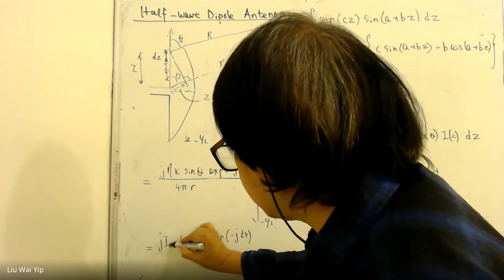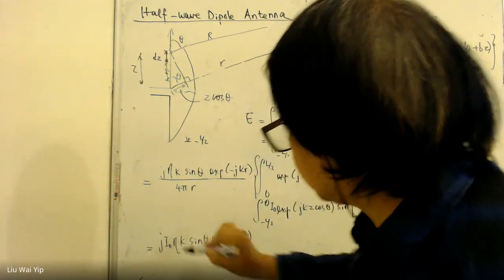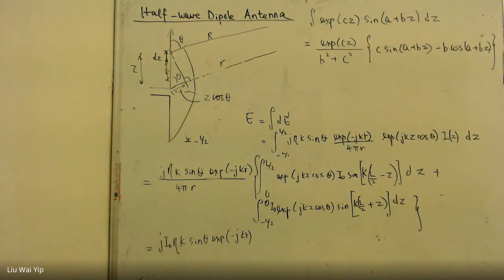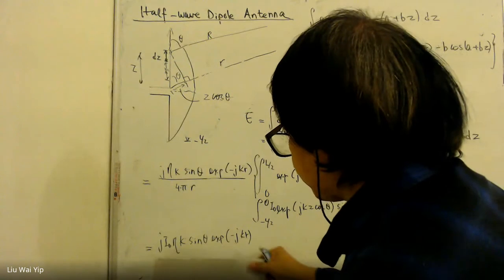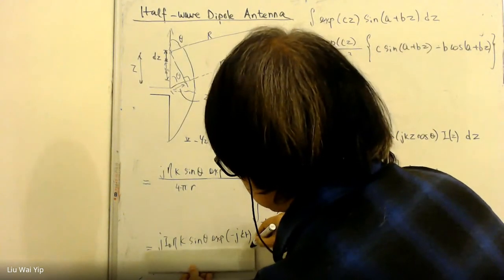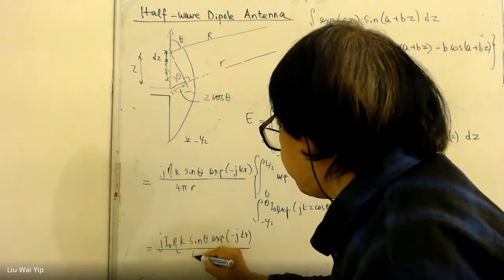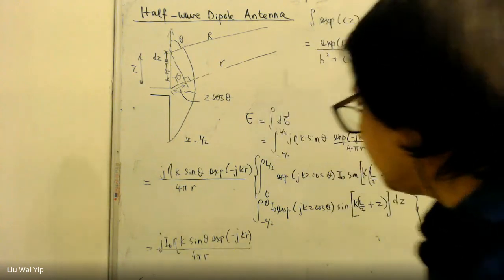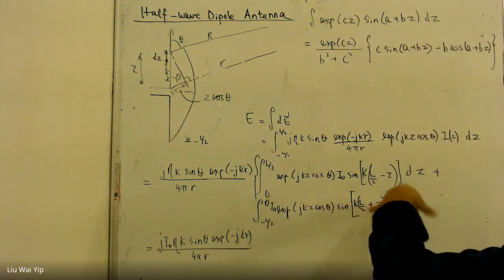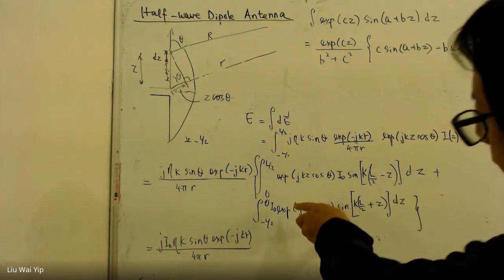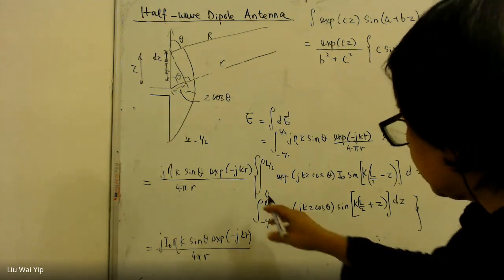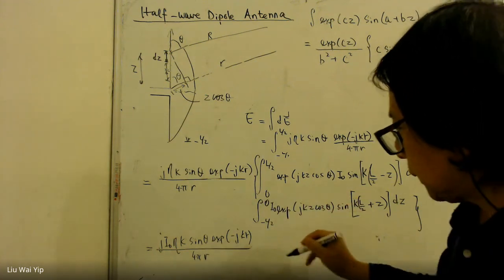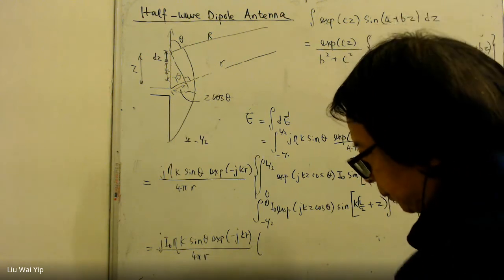k I naught and then theta. And finally, and then divided by 4 pi r. And then you can just use a manual technique or use MATLAB to resolve this integral. The result for this integral is going to be